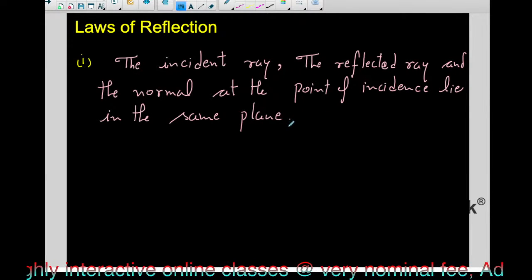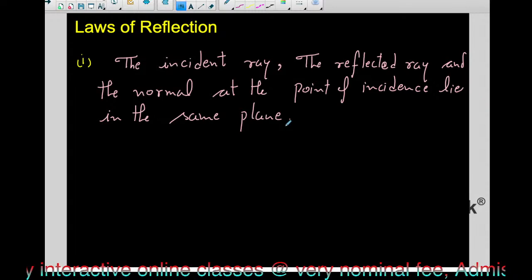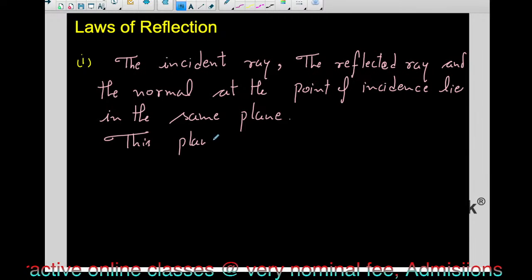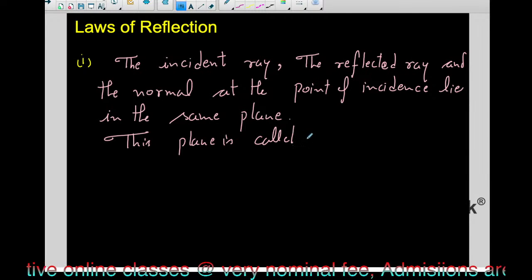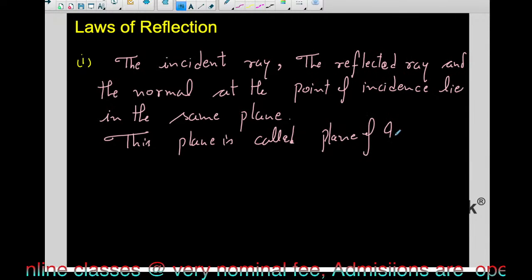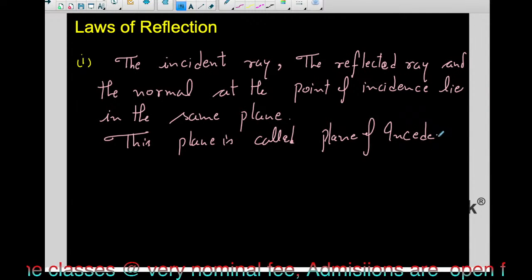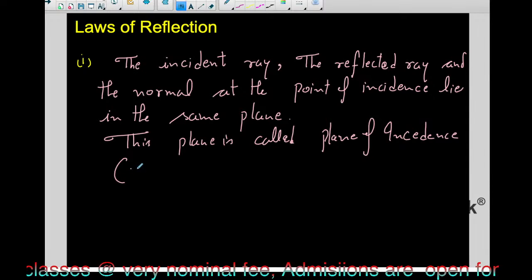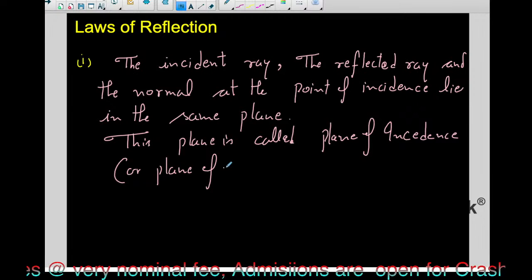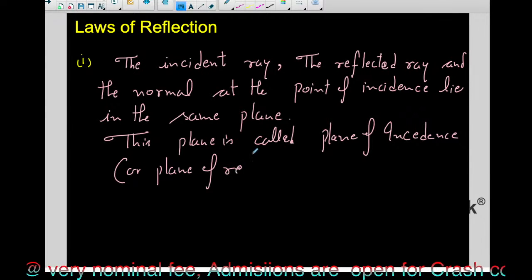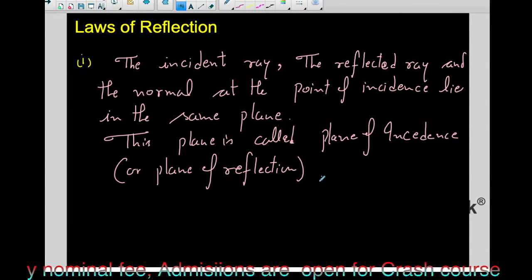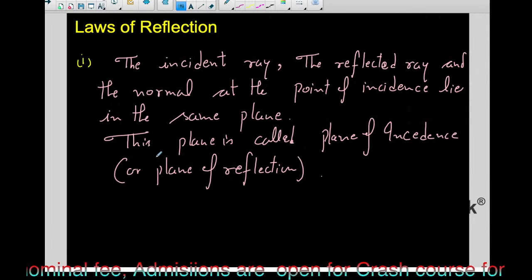और the plane of incidence, this plane is called plane of incidence भी बोल सकते हैं, plane of reflection भी बोल सकते हैं, ठीक है। और this plane is called plane of incidence, और ब्रैकेट में plane of reflection भी बोल सकते हैं, क्योंकि रिफ्लेक्शन भी वहीं पे हो रहा है और इंसिडेंस भी वहीं पे हो रहा है, तो इसलिए दोनों नाम बोल सकते हैं उस प्लेन को, प्लेन ऑफ रिफ्लेक्शन। ये सब भी जानना चाहिए, तो क्वेश्चन में ये सारी चीज़ें भी दे देते हैं।